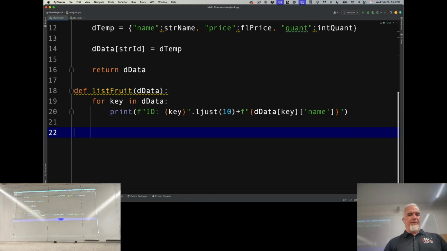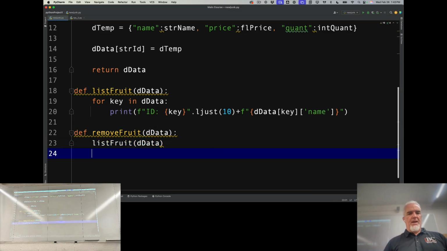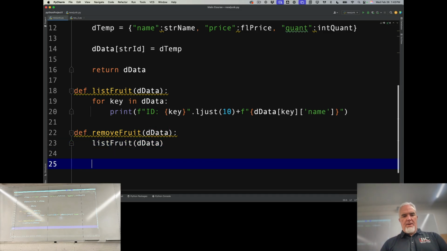Now we'll get back to the remove fruit function, def remove_fruit. And again, we're going to pass it the whole data structure. And the first thing we want to do is list the fruit. Luckily, I have that ready to go. We're going to pass that through the data again. And then we're going to say